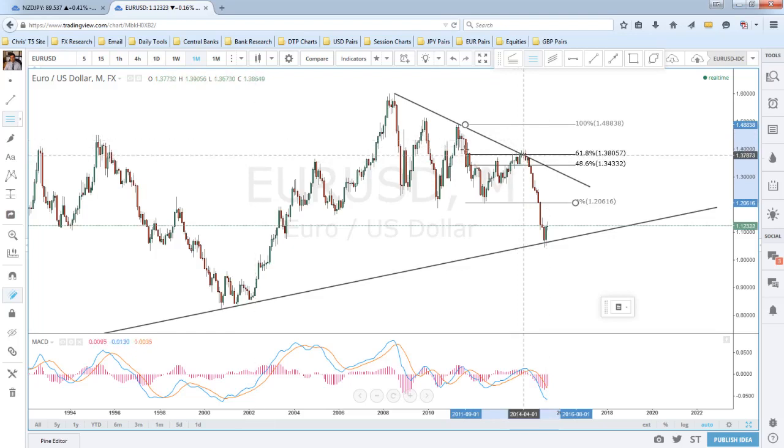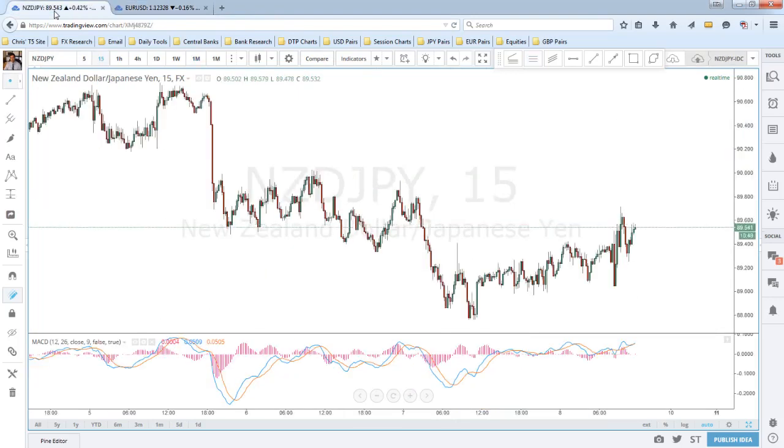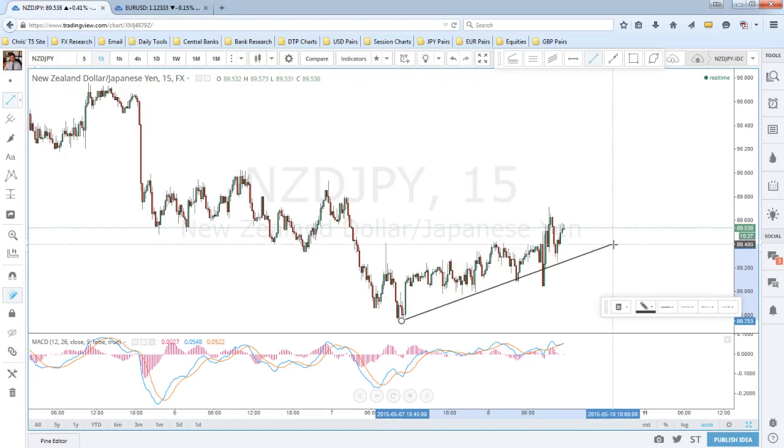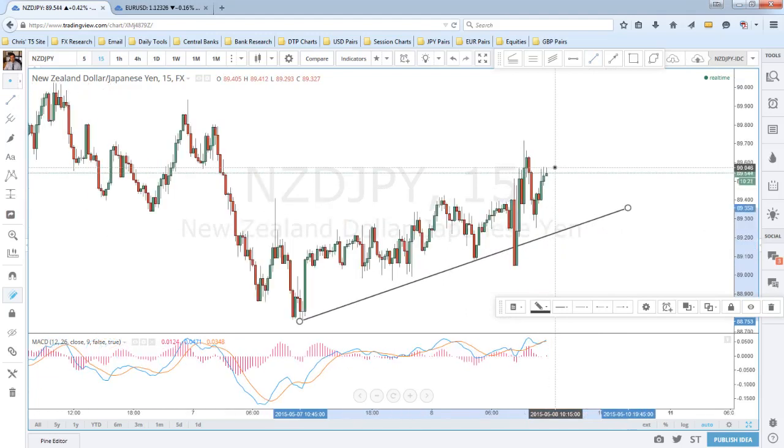Let me show you another quick example here on a shorter term time frame. Okay, this is actually the New Zealand dollar, Japanese yen. And we're pretty much in a downtrend here. So maybe you were looking to sell a break of a trend line. This is another one of those examples where look what happens here. Okay, this is what I was just talking about a few minutes ago. We're in a downtrend,